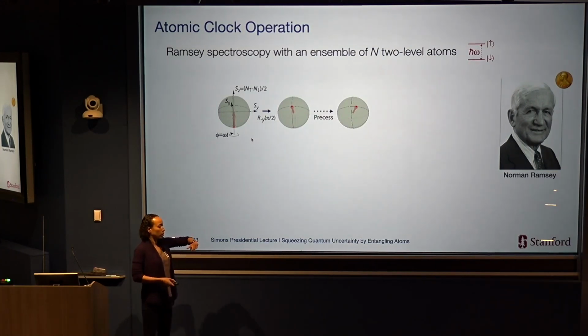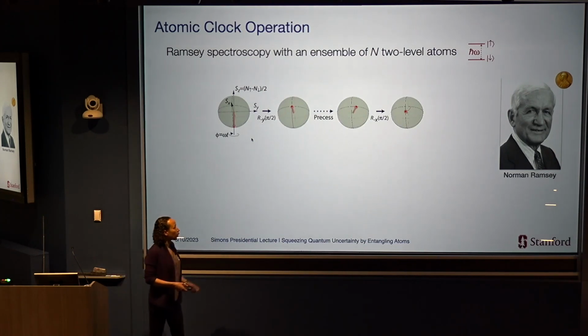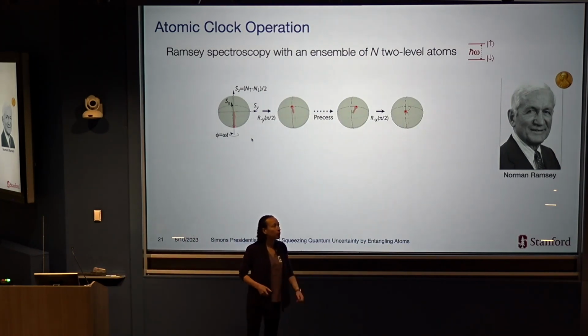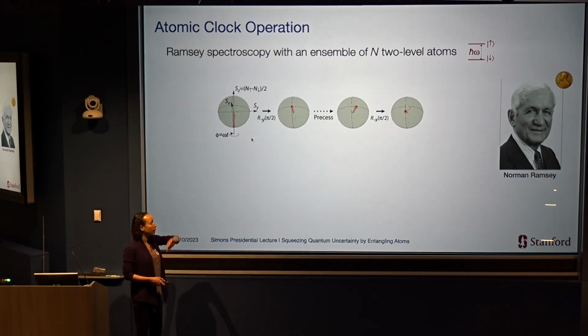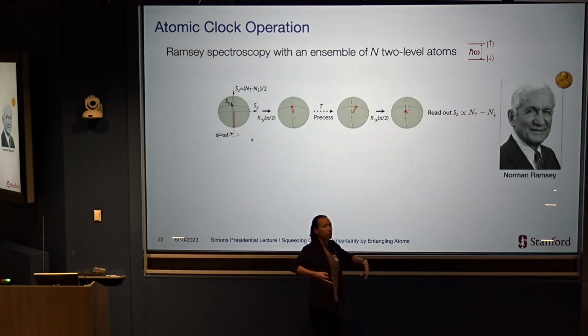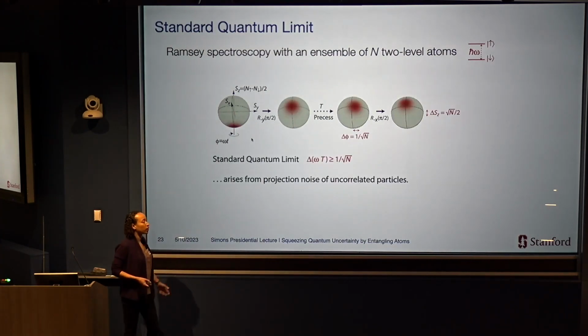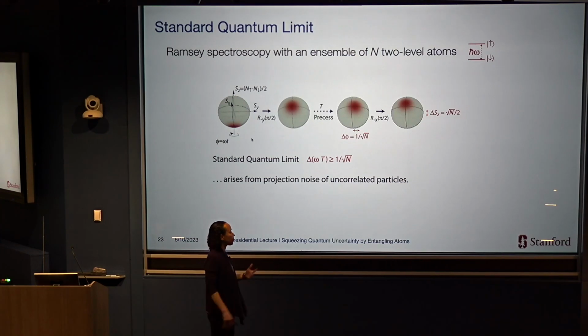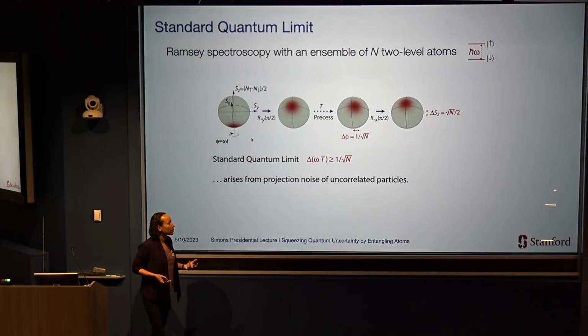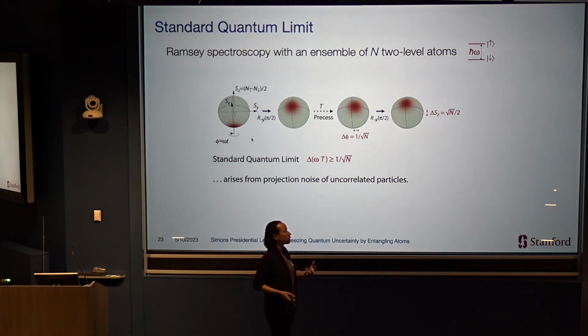And at the end of the day, if I want to measure the frequency of the precession, I can rotate this vector that has precessed to convert the acquired phase into a difference in populations between the spin up and the spin down state. And so I just measure the difference in the number of spins pointing up and the number of spins pointing down. Now this picture is missing one thing, which is that when I do this measurement, there's going to be some quantum uncertainty associated with which way the spins point. This sounds sort of vague. I replaced my vector by a fuzzy blob, saying there's some quantum uncertainty. But you can really understand this physically as the fact that I have n atoms.